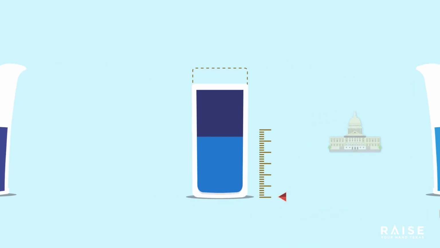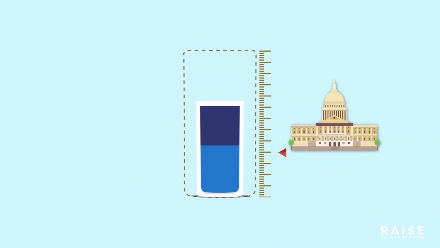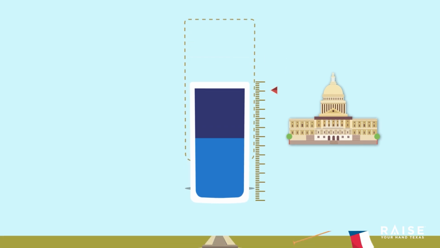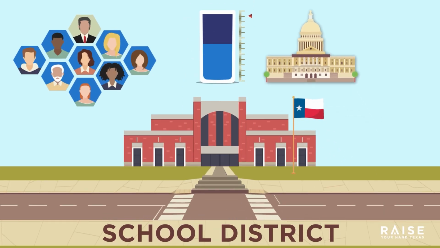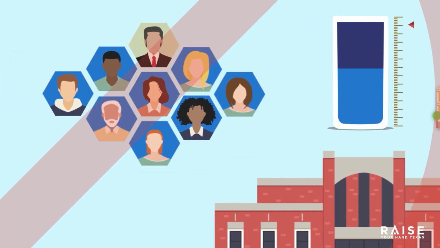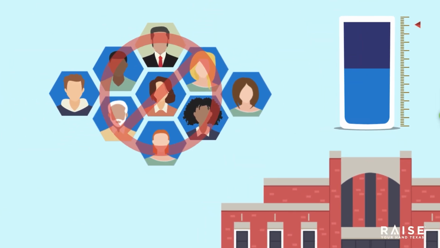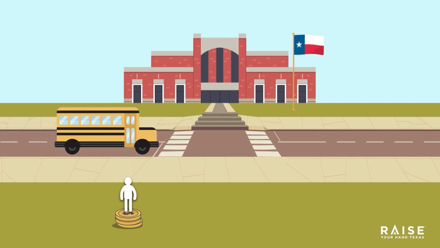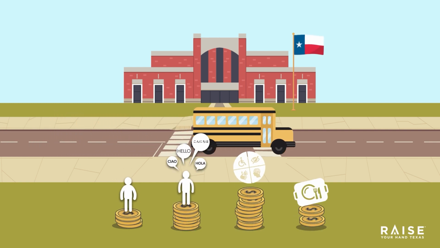The water glass has the ability to shrink or grow. But many people are surprised to learn that the size of a Texas school district's water glass, or how much money is available for and spent on day-to-day school operations, is decided almost entirely by the state legislature, not school boards or superintendents. Under state law, schools receive a certain amount of per-student funding based on specific student demographics and